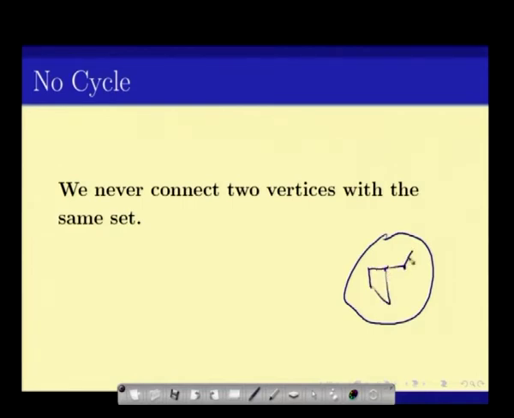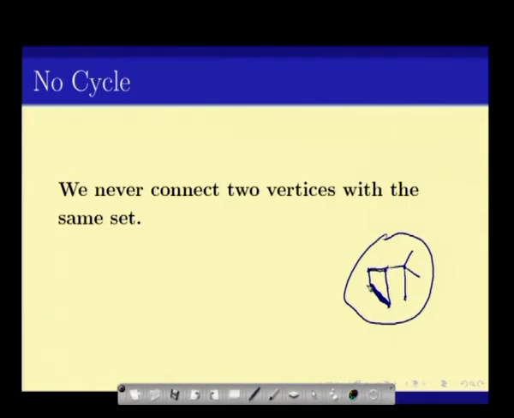So, this is my output of, say, Kruskal's algorithm, and there is a cycle like this. Now, this cycle happened, so what was the last time one of these edges of the cycle was chosen? Let us, without loss of generality, assume that this was the edge that was chosen at the very last. But when it was chosen, then all of these vertices must have been the same color, because all of them